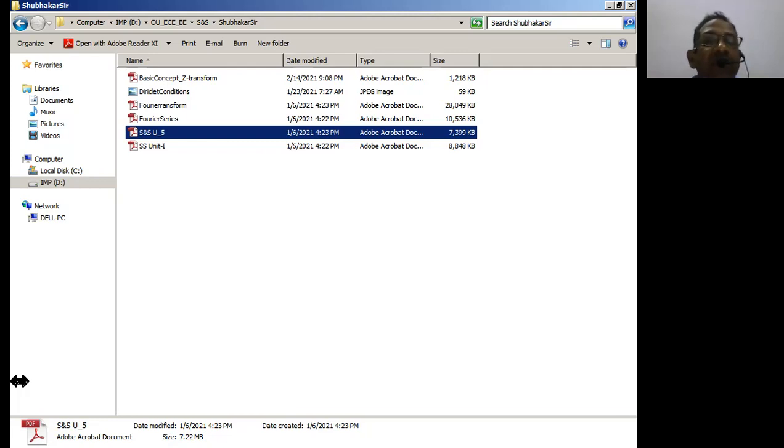So thereby, I can simply expand with the general Z transform relationship, X of z equal to sigma of x of n into z to the power minus n, which is the general form. In the previous slides we discussed the derivation of this X of z from the Laplace transform basic form, and we represented it as X of z equal to sigma of x of n into z to the power minus n. Now we can expand this summation and substitute the values, and we discussed that we'll get this kind of a Z transform representation.